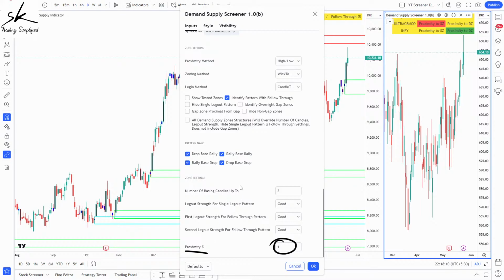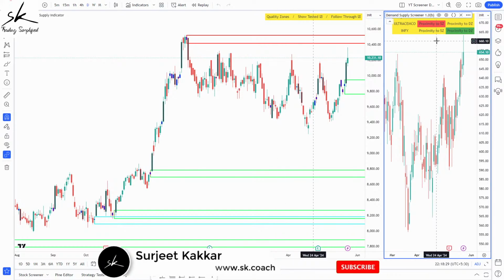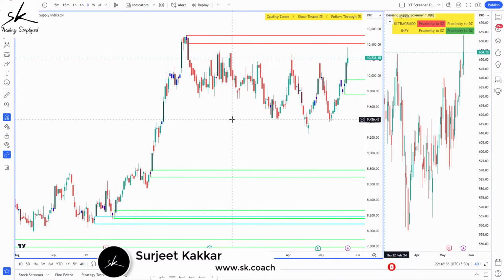So now you can see that I don't have to analyze these 40 symbols. It is telling me, okay, these are the 40 symbols you have given me. Out of these 40 symbols, Infy is close to demand and UltraTech Cement is close to supply. So I don't have to waste my time analyzing symbols where the price might be really far away. Can you see that saves me a lot of time? And here I've only applied it to one chart. Similarly, you can apply it to n number of charts, and you can have n number of symbols to shortlist from. And just as an example, if I go to Infy,